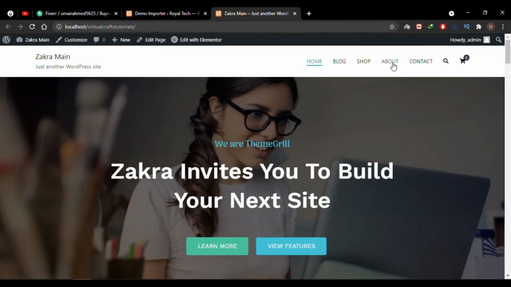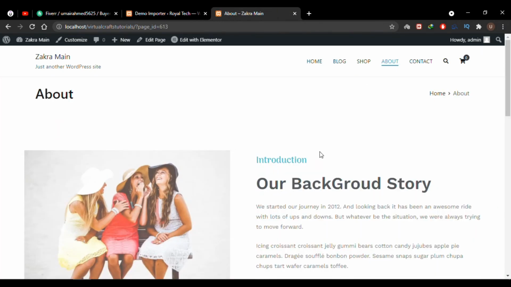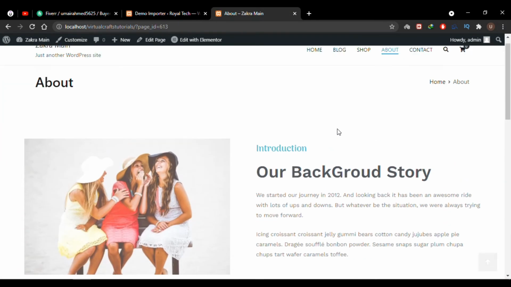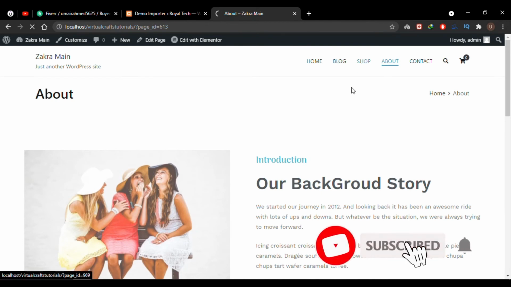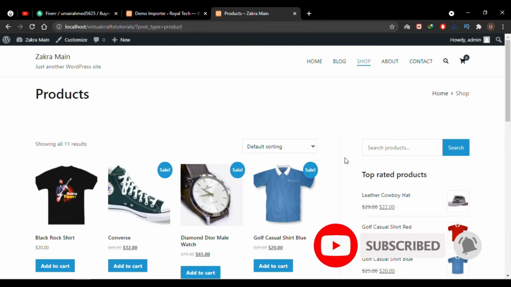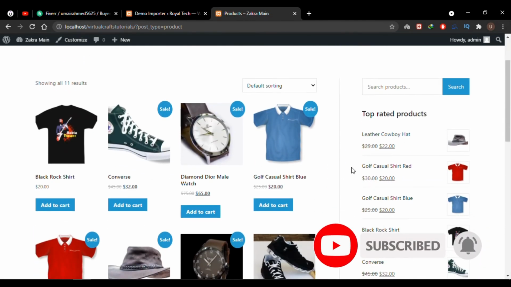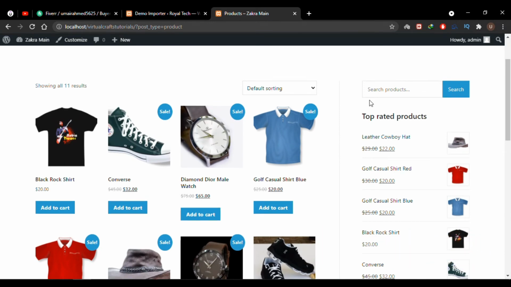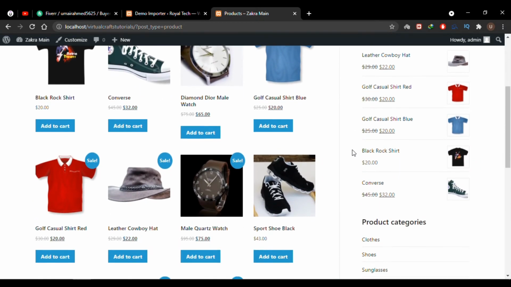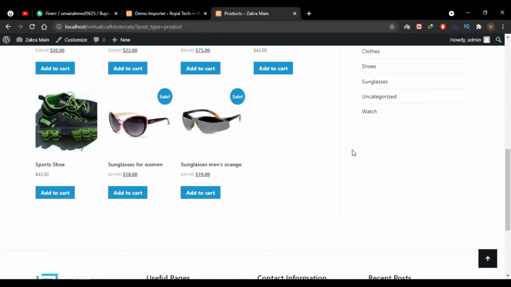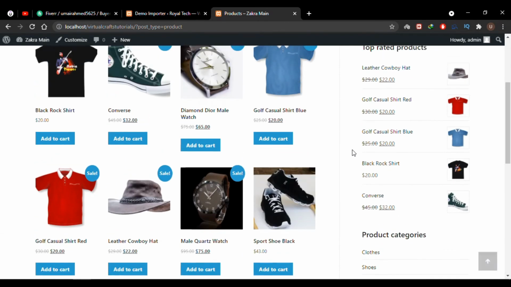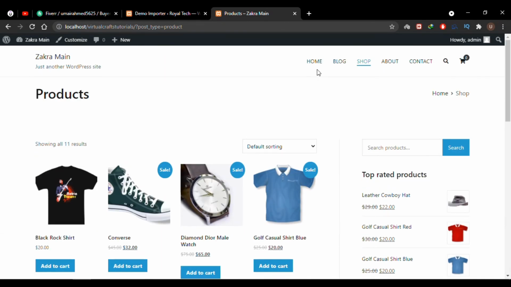I'll navigate to other pages and go to about, and all the pages have been imported for us. I'll go to the shop page, and you'll see that we have all the products here. In the sidebar we have a search box, we have some top rated products, and we have product categories. I'll go back to the home page,